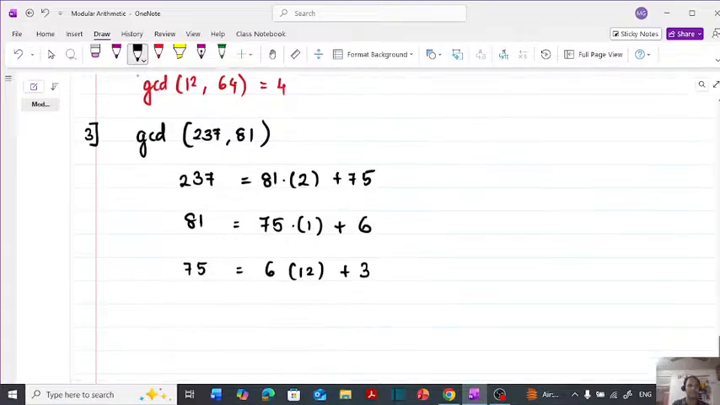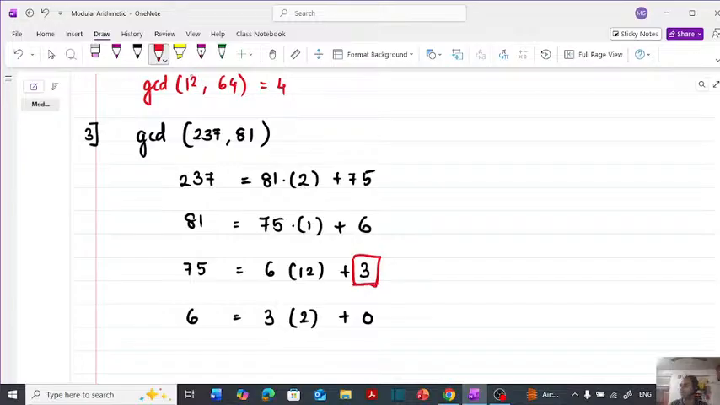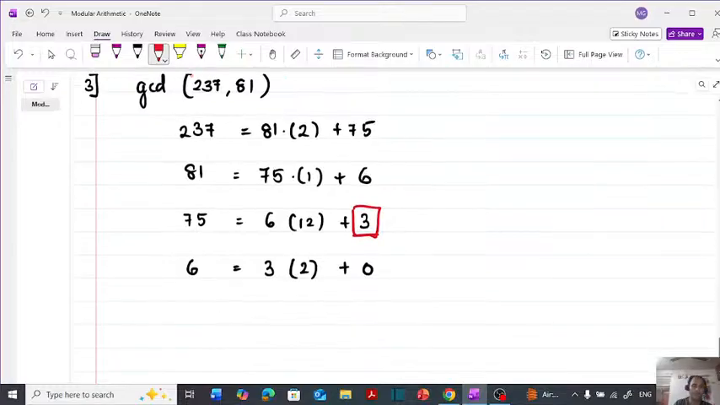अब ये जो 6 है उसको आप 3 से डिवाइड करो तो आपको यहाँ पर 2 मिल जाएगा, और यहाँ पर 0 आया। तो ये जो 0 आया उसके पहले स्टेप में जो रिमाइंडर है, ये रिमाइंडर आपका जीसीडी है। तो देयरफॉर जीसीडी ऑफ 237 एंड 81 इज 3।